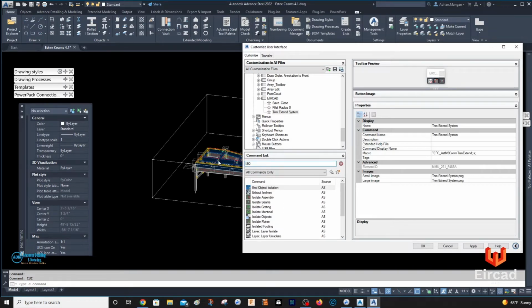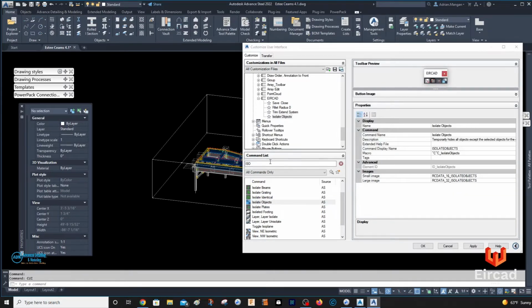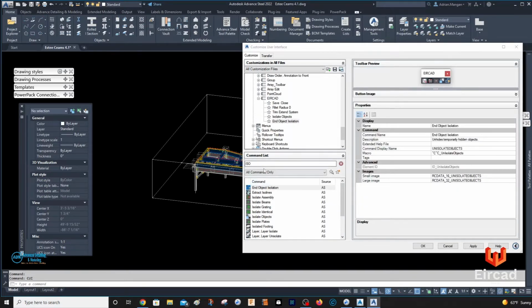You can go through them all, they're all here. Isolate: you can pick any of these and put them on this toolbar. I'm looking for the basic isolate objects, and I want to do end object isolation. Then we'll do some of the draw order ones. You can do anything you want.